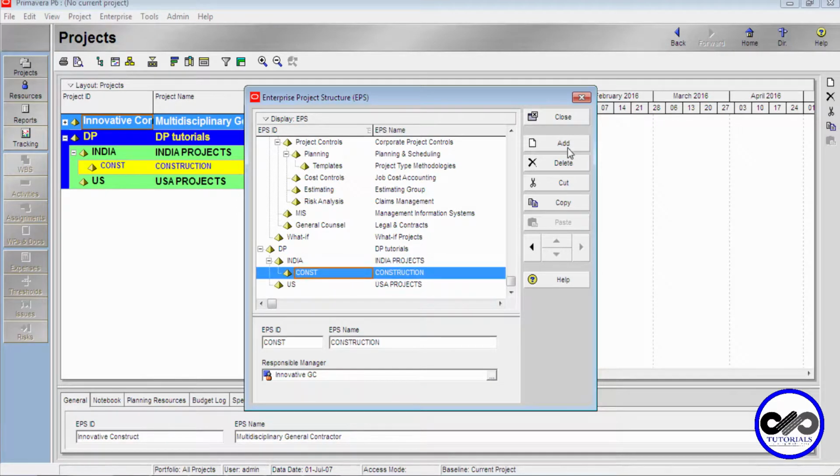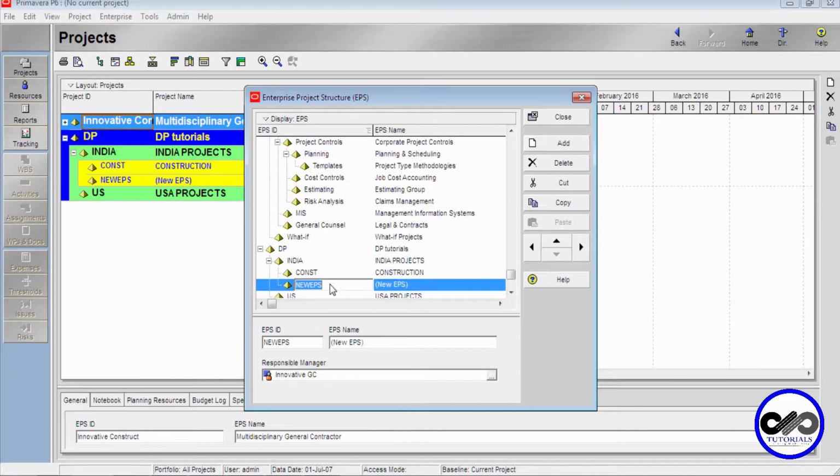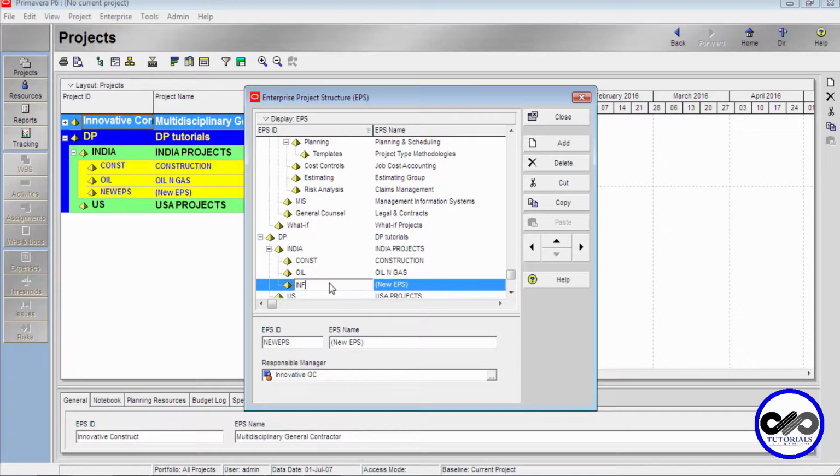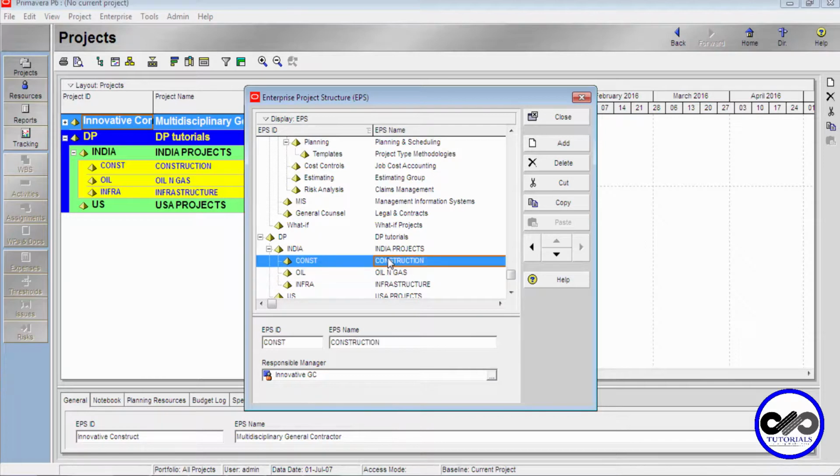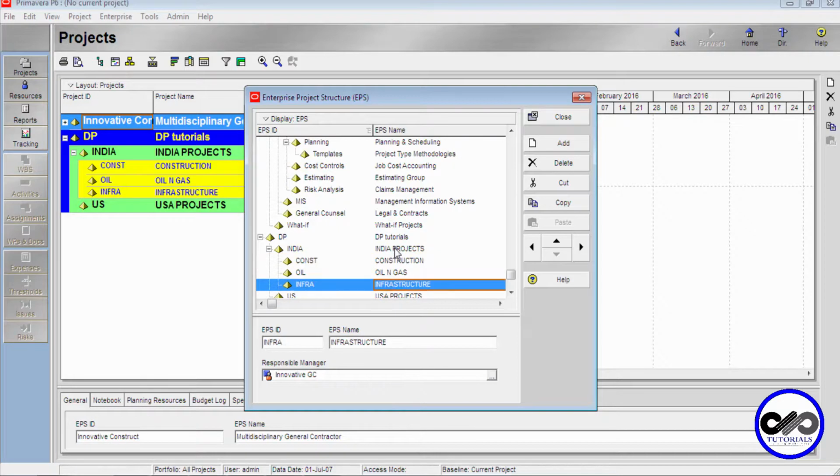I press this, click add, oil and gas, add, infra, infrastructure. So construction, oil and gas, and infra would be my Indian projects.